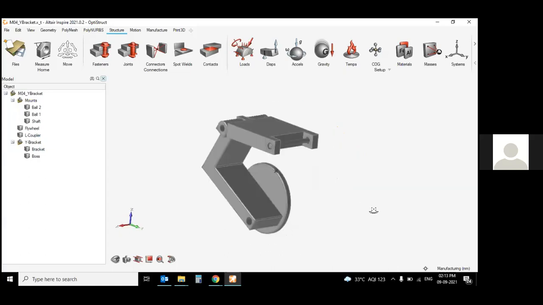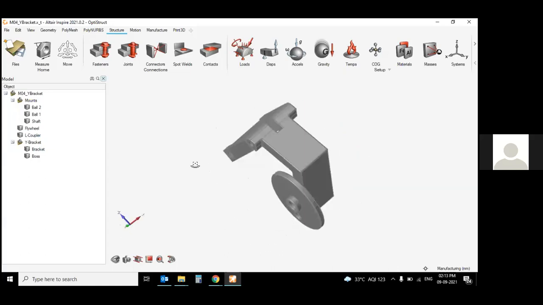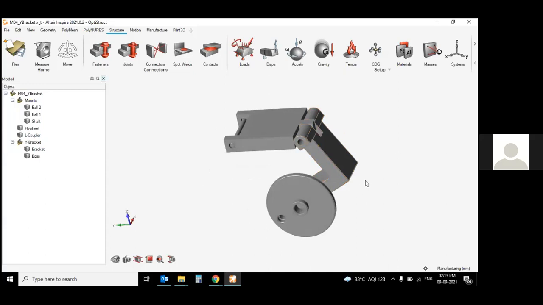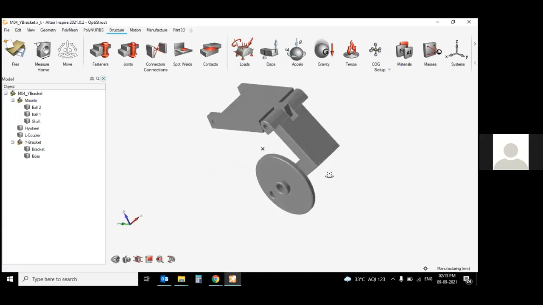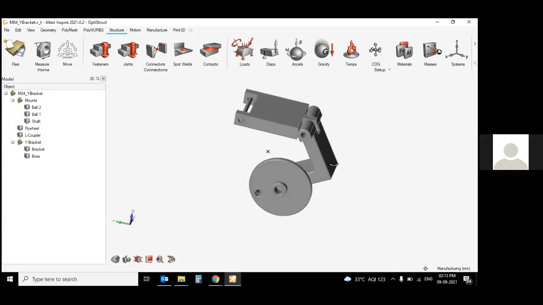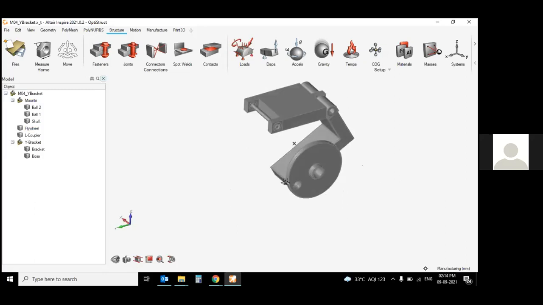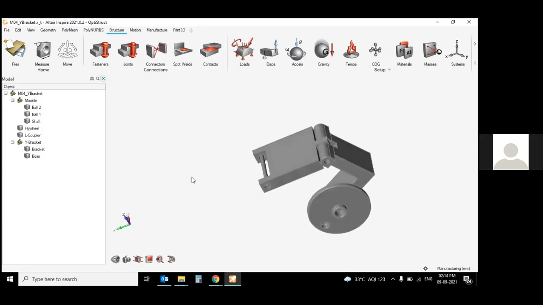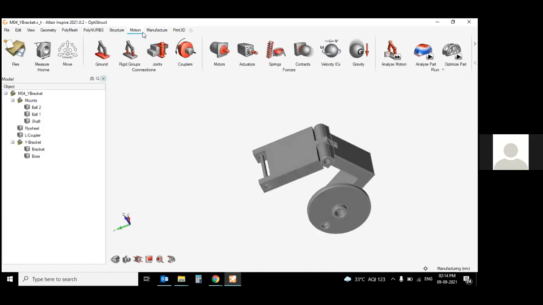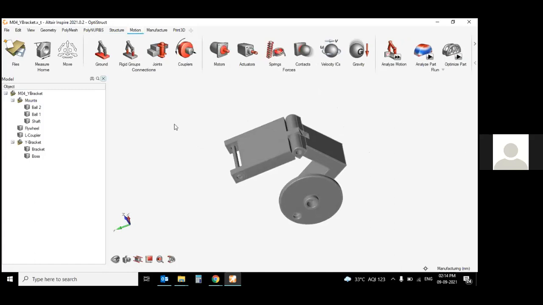I have just only imported this model. This is a very normal design. All the components are in the form of circular and rectangular shapes. So, make it more innovative. So in the motion analysis, first of all, I need to ground my body, ground my